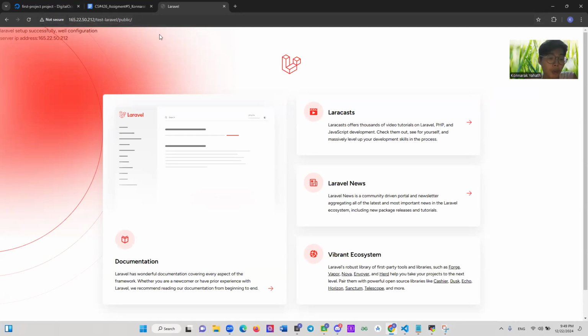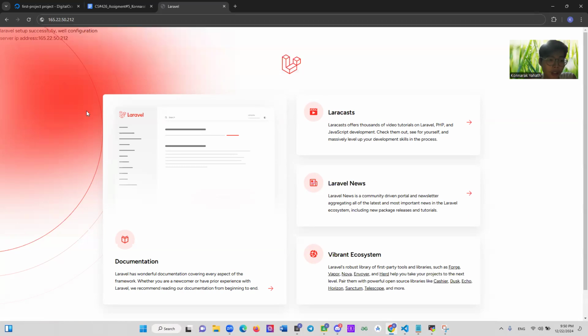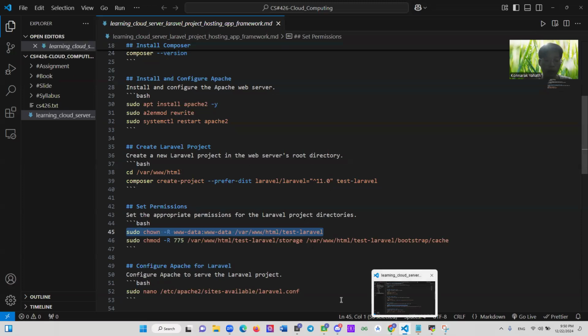The next purpose that we want is to put this Laravel web page to be the document root. It means that if we input this domain name, this IP address, it will automatically pop up this page. But currently, if we do that, it will route to another page. So to do this, we have to change the configuration